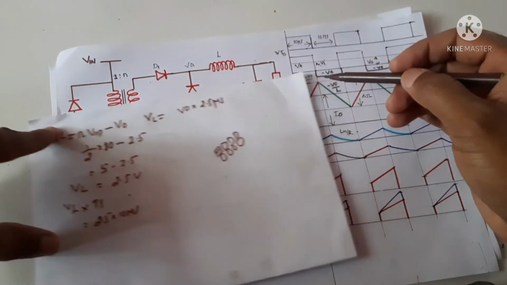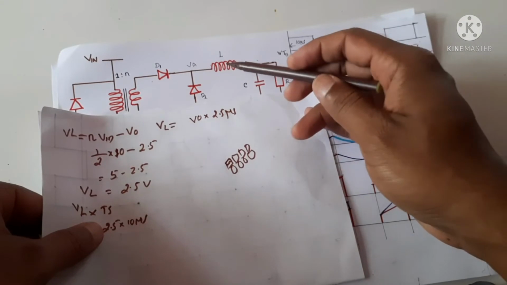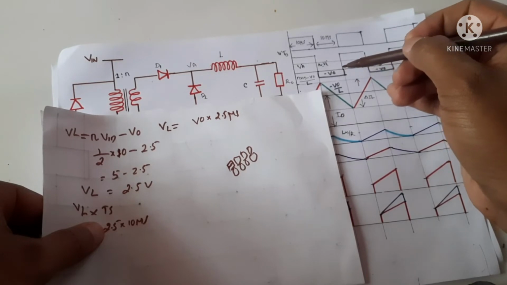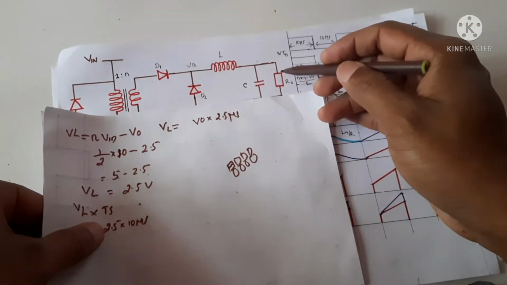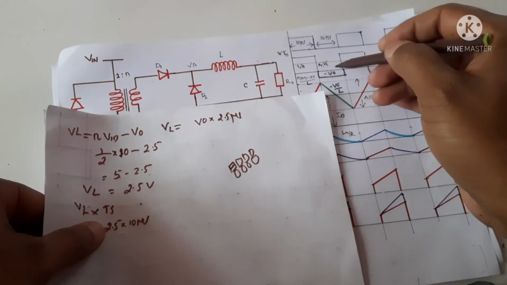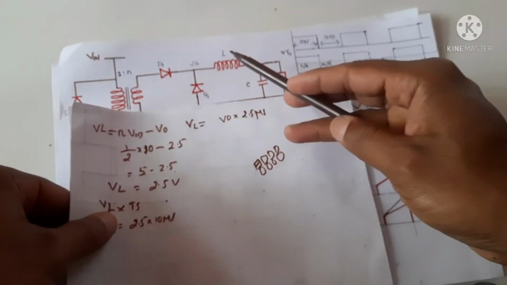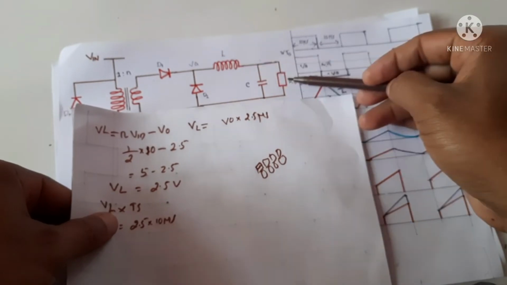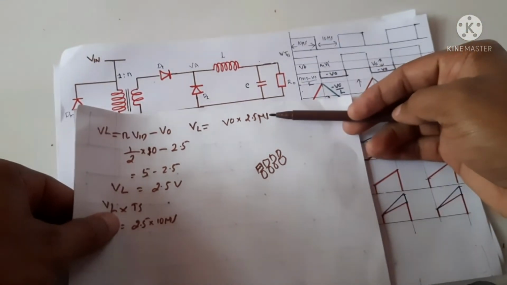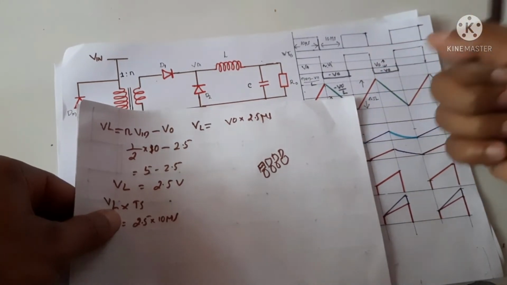And when this transistor is off, the 2.5 volt energy received by the inductor is released. How much time can it send the 2.5 volt of energy? It can send it for the same time, because the inductor voltage and the output voltage are the same. If the inductor voltage is 5 volt and the voltage we want is 2.5 volt, then it can supply the voltage for twice the time. So it means how much energy it takes and how much time it can deliver.